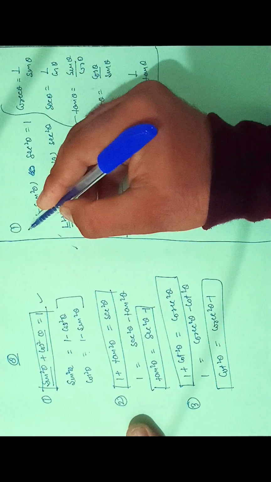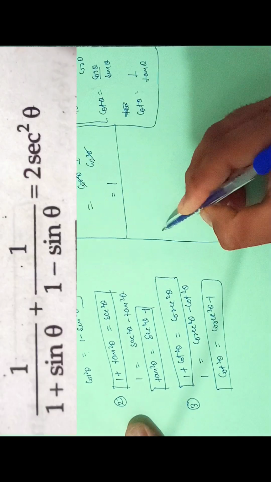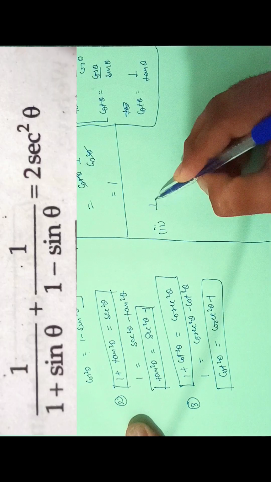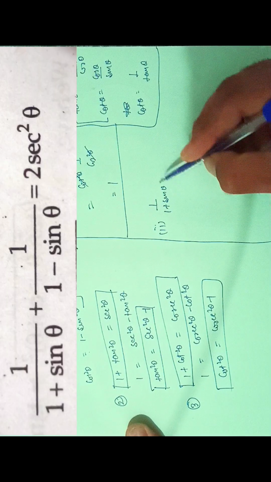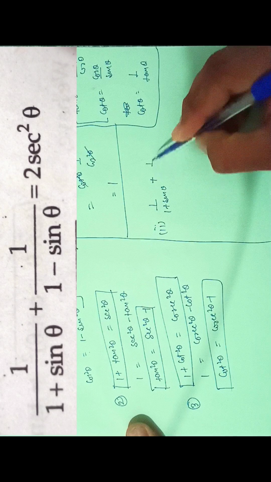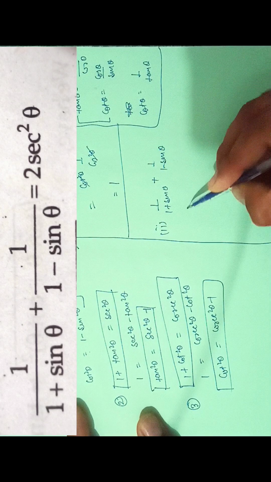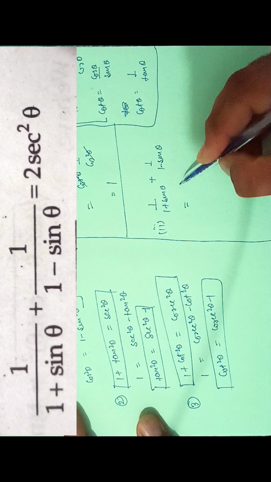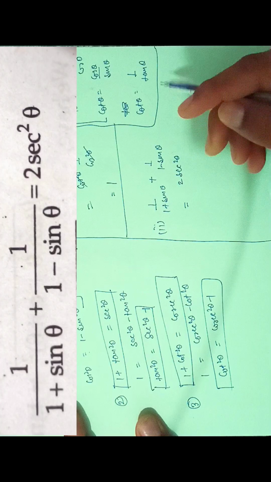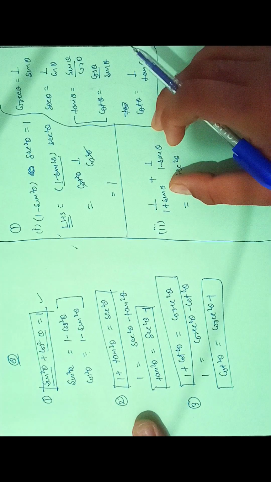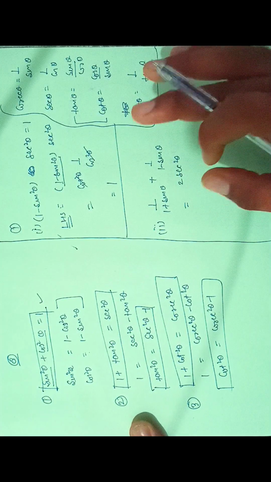This was the first question, and the second of the first is 1 upon 1 plus sin theta plus 1 upon 1 minus sin theta, and you have to prove this is equal to 2 sec square theta. Before solving these examples, you must carry one thing in your mind,